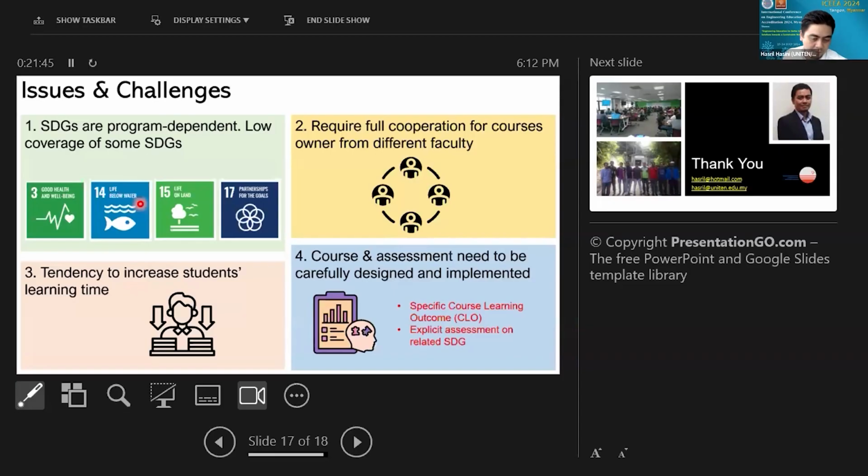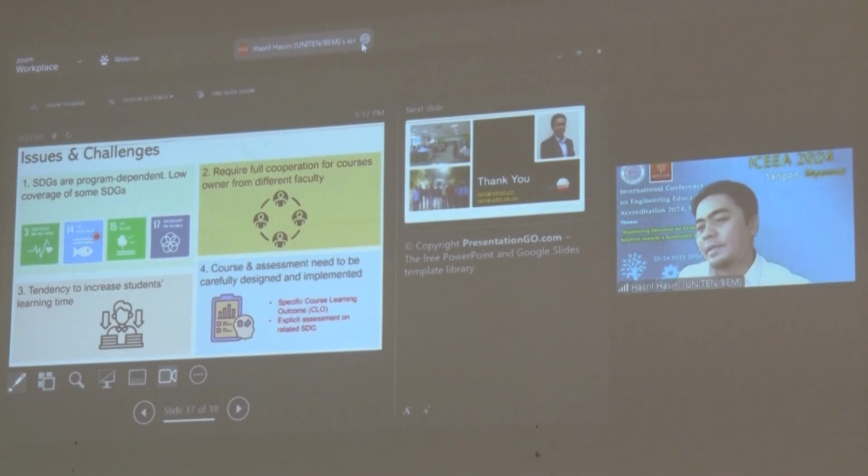It is not possible for us to cover all, but for the engineering graduates, we want them to appreciate that. And then it requires full cooperation from course owners of different faculties. It is cross-disciplinary, probably social science staff who teach in the engineering program should be able to cover the elements which are not really directly related to engineering.